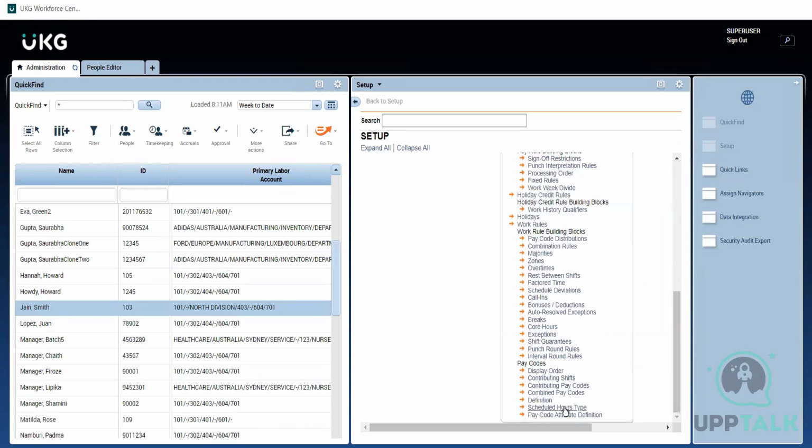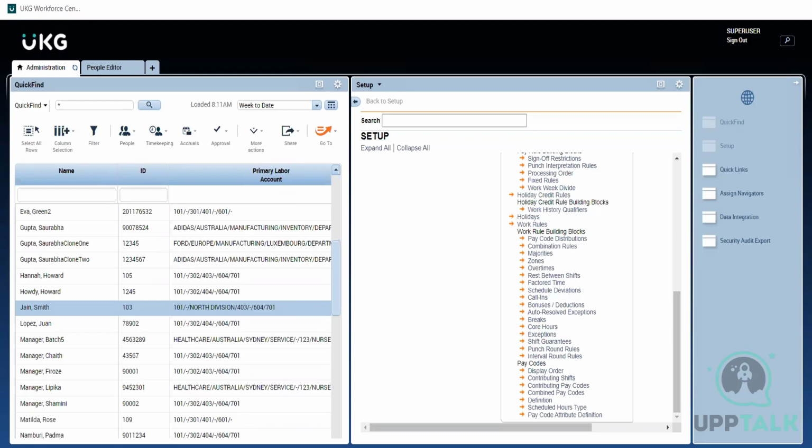So the three pillars are basically accruals, pay policies, and integration. If you're clear with these three, 70-75% of the job opportunities are just looking for that. If you put on a resume that you have a total experience of 6 years, but only the last 2 years are in Kronos,